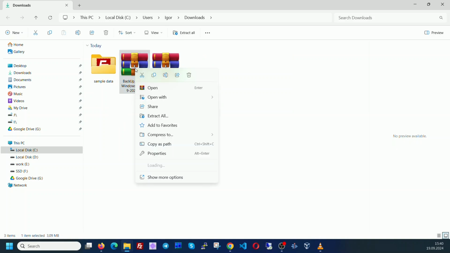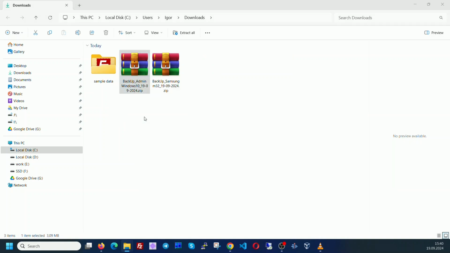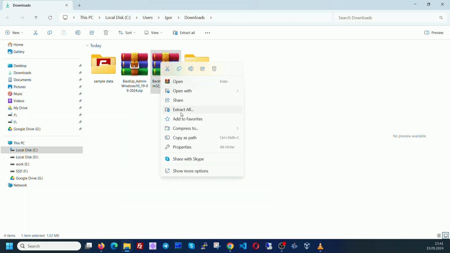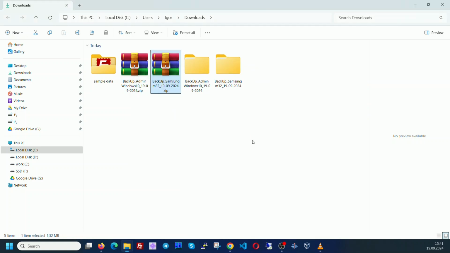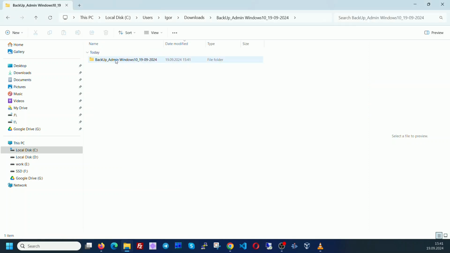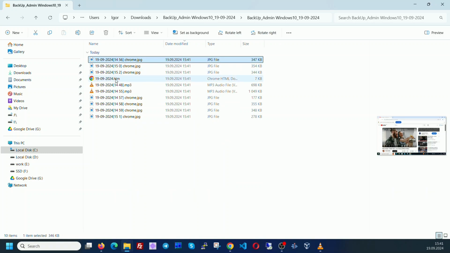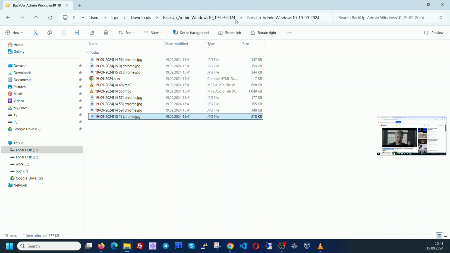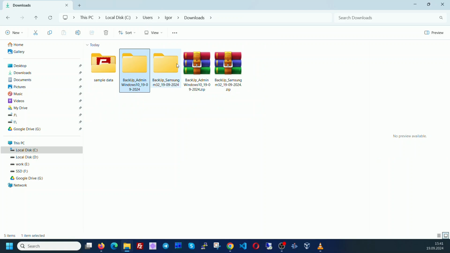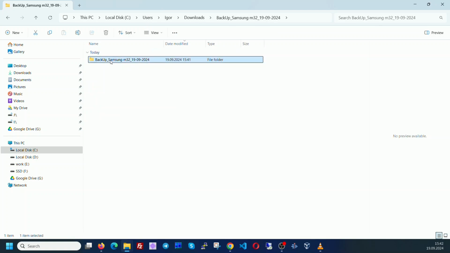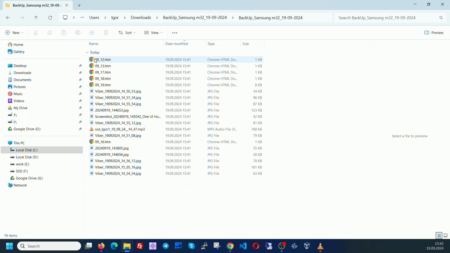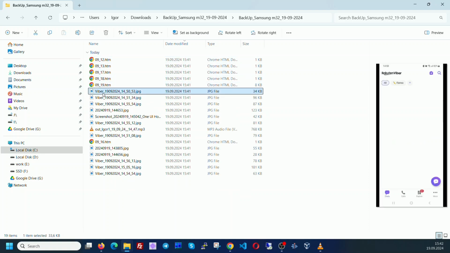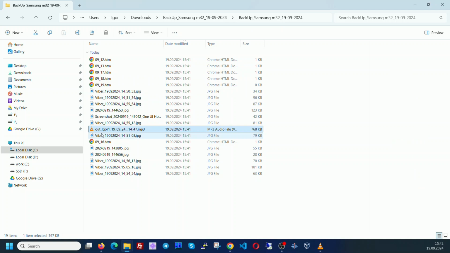You can unpack the packages and review their contents. Here you will find screenshots and logs, recordings of ambient sounds. For mobile devices, there are also photos and call recordings.